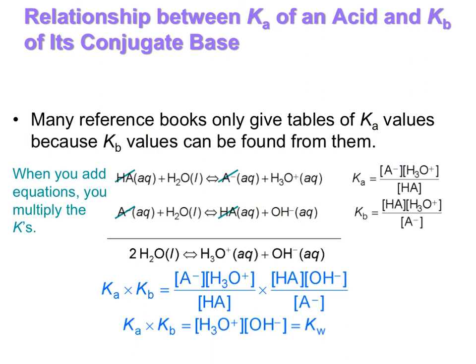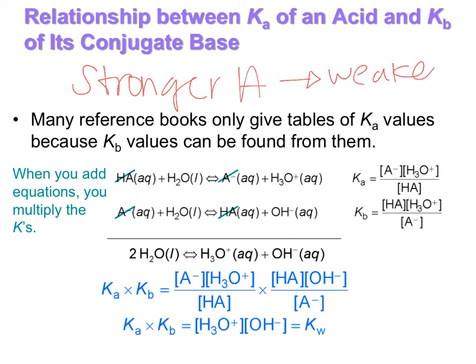So we just mentioned, okay, the stronger the acid, the weaker the conjugate base. So if we look at the equations for both of these reactions, right, the acid going forward